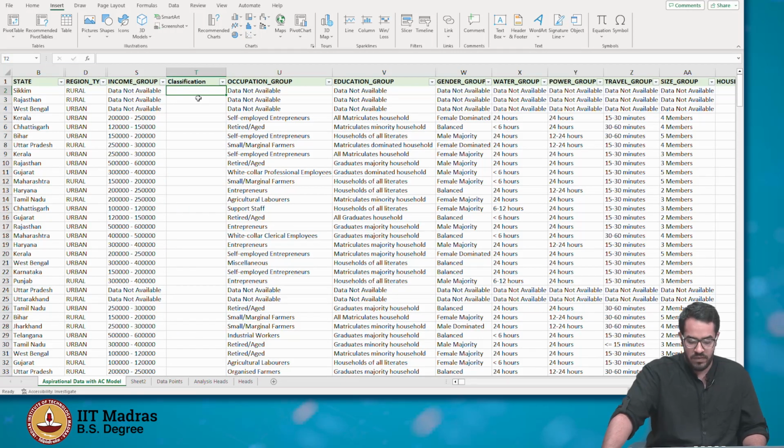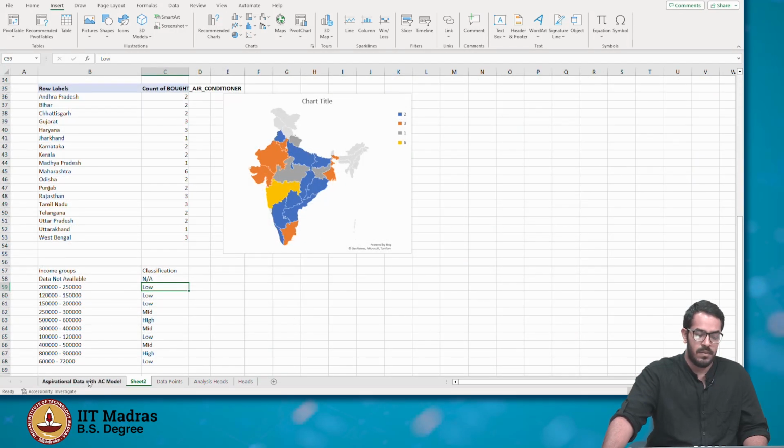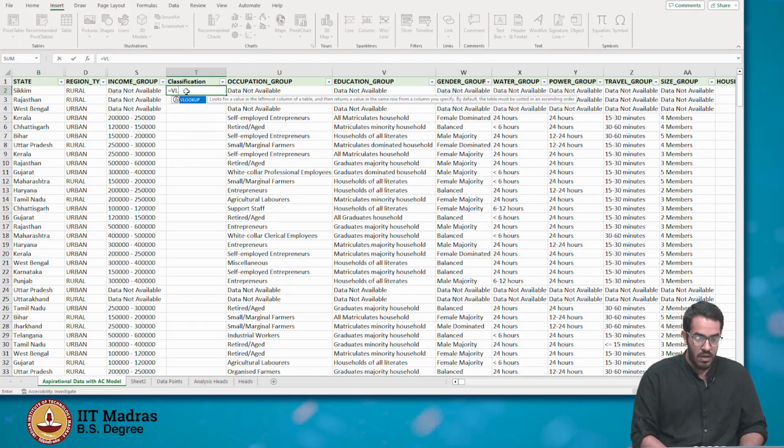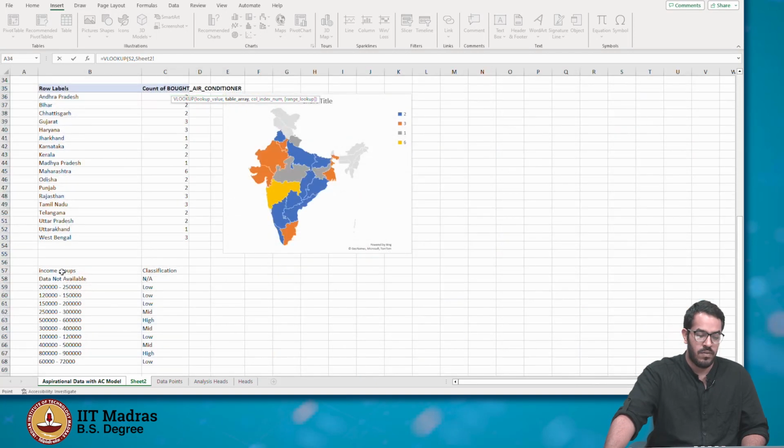So to do that, we will do the technique of VLOOKUP. Now VLOOKUP we can do when we have a certain set of data and we have a certain set of data that has to be returned against it, which we already do here, which is this one. So I'll come back here and I will do equals VLOOKUP. What am I looking up is the income group. I'll click on this, comma, where am I looking all of this data at or from? I will select this specific set of data,